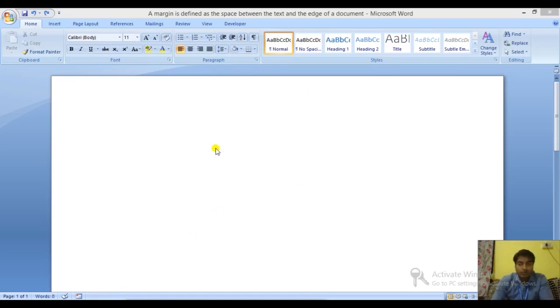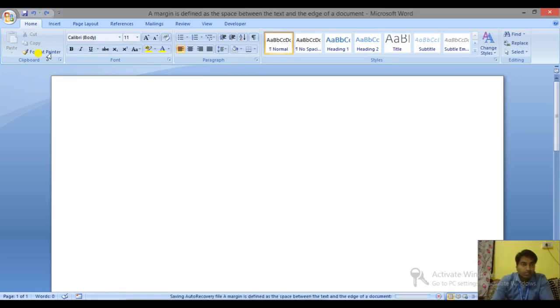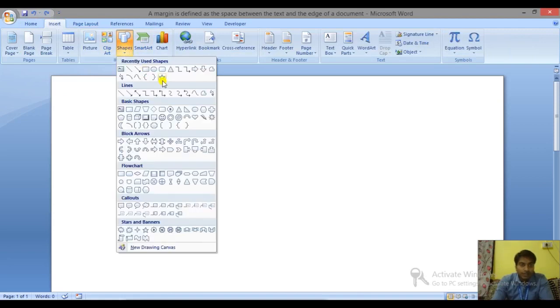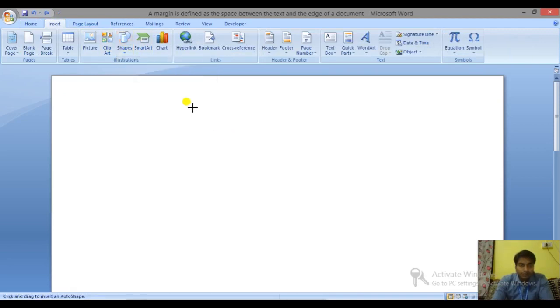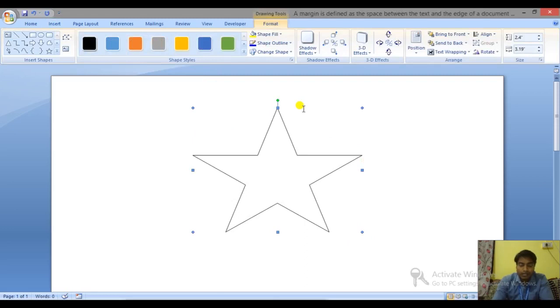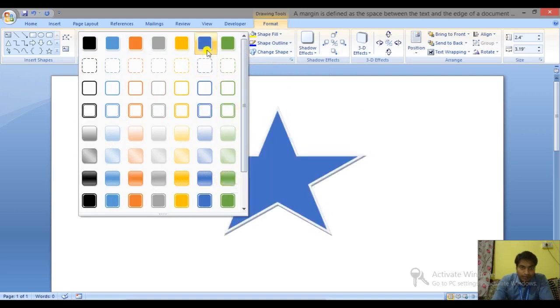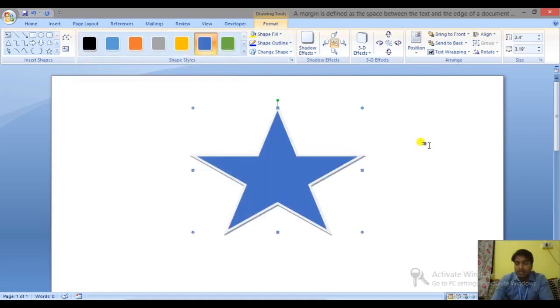Suppose this is the document where you want to insert the shape. So first click on the insert tab, then click on the shape option, then choose any shape from here, like star. Now press left click and drag as much as you want. Now you can see the shape style came here. Now here we have the more option in the shape style group. Just click on that. Here you will get a list of styles and you can choose any style from here. Like this one I am taking. So this is how you can give the style to a particular shape.